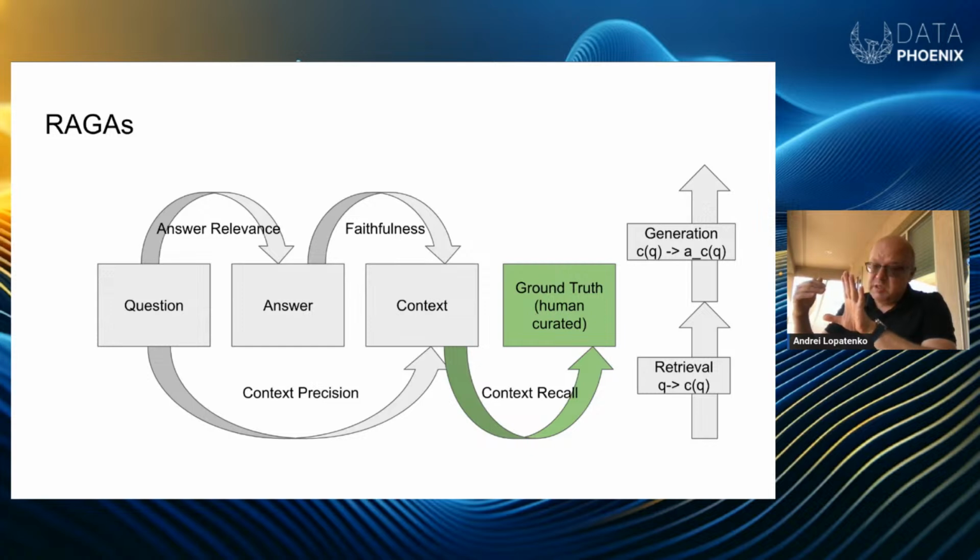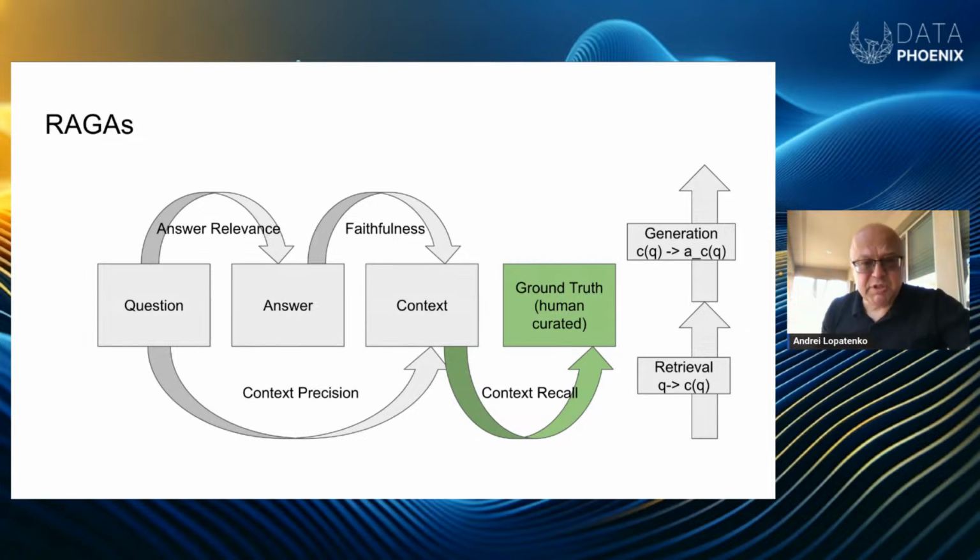Is it truly corresponding to the context, or did the LLM invent something? So hallucinations are typically measured at this point. Context precision is how relevant the retrieved context is to the question. And ground truth is how much of the context relevant to the truth is retrieved, is the content there, right? So those 4 metrics, and 2 below, context precision and context recall,